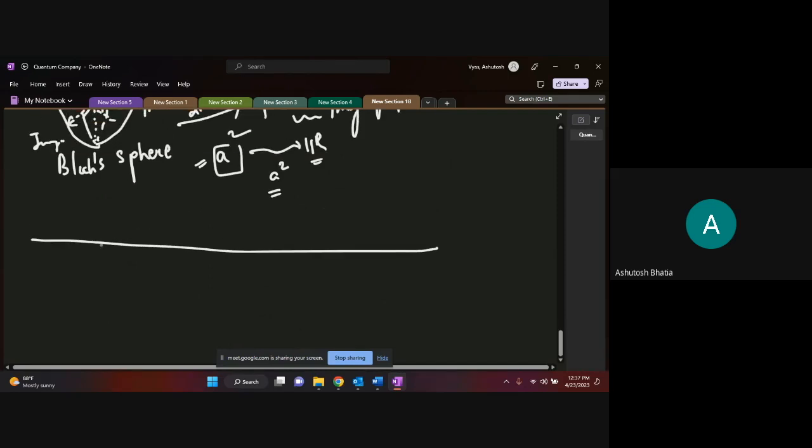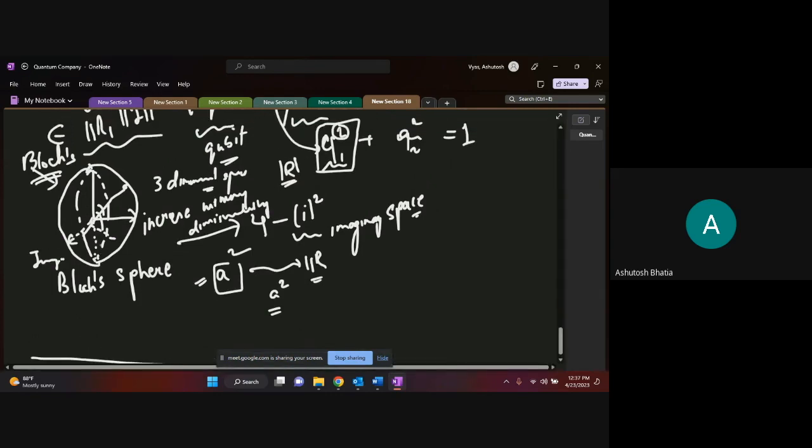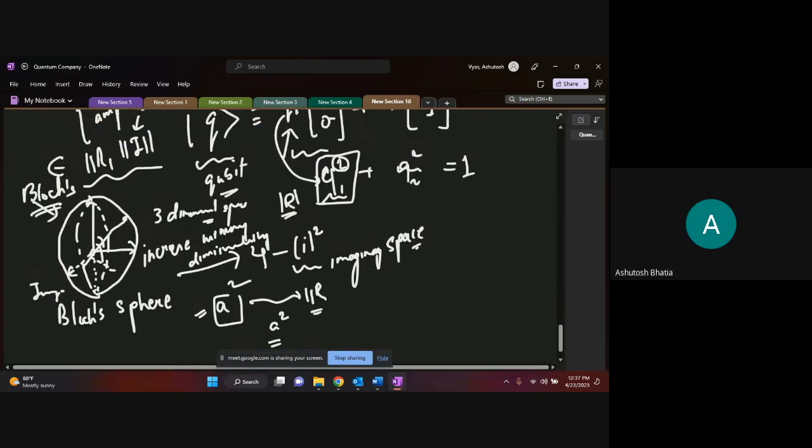whether the complex numbers are real, is a mathematical foundational question, and it can be simply discussed that the complex numbers are just a tool to explain certain situations which you cannot explain through real numbers, but that is actually man-made, correct? You cannot realize it practically. There is a lot of maths involved in it. So please don't ask such questions right now, otherwise we will be completely deviated from our objective.